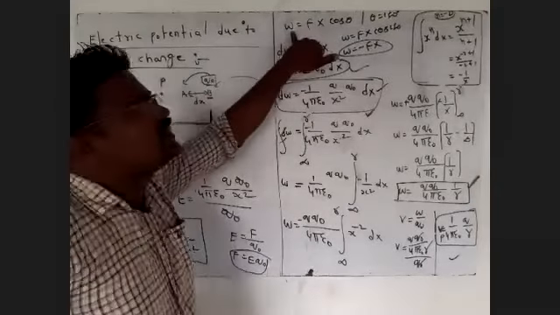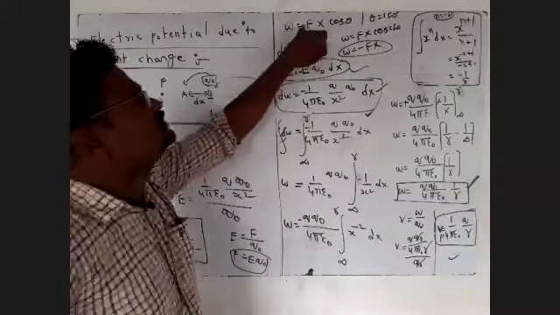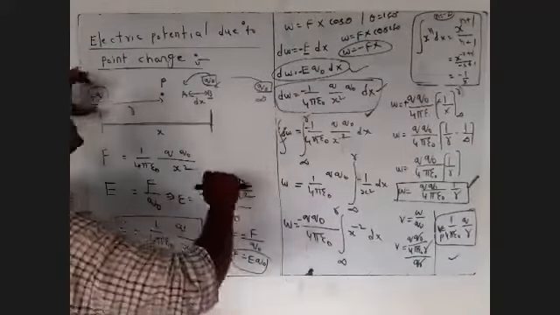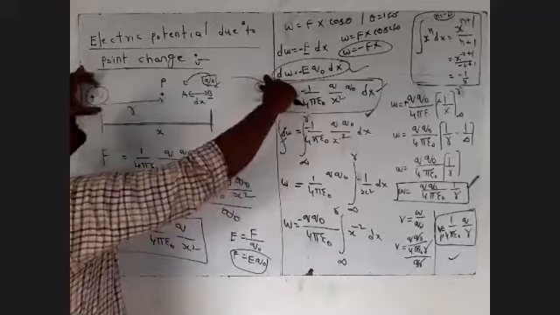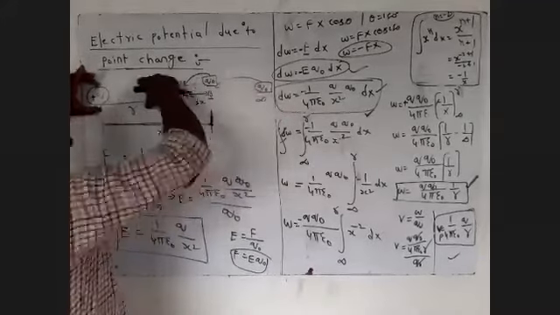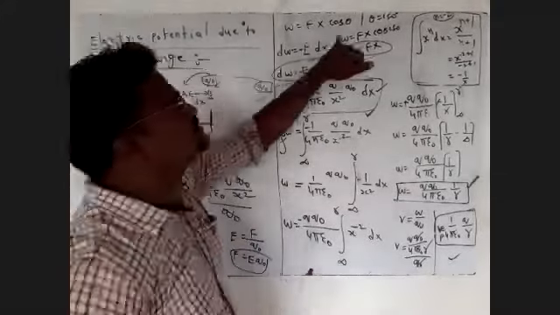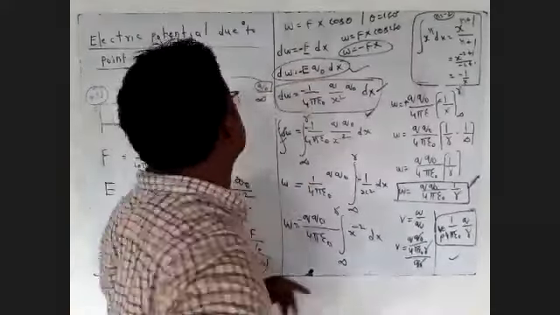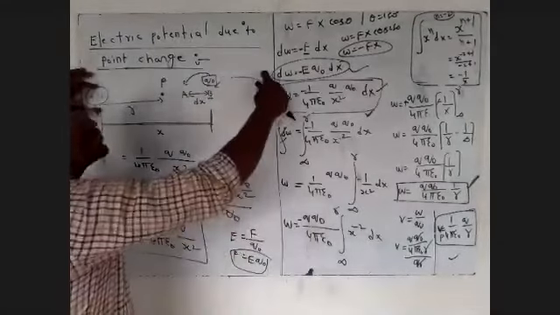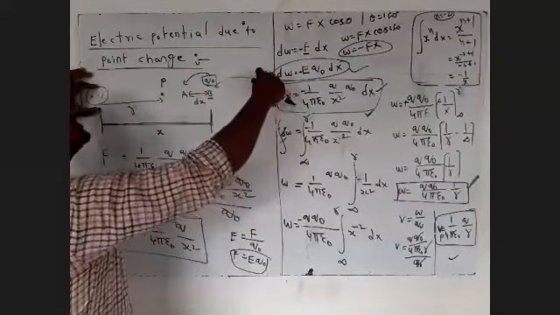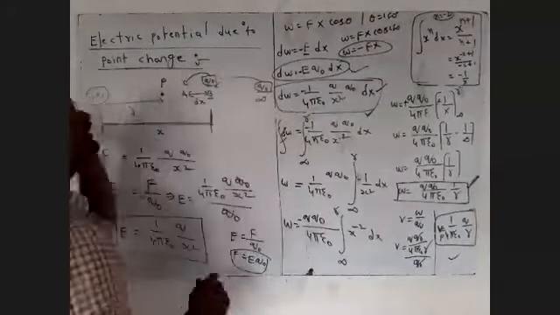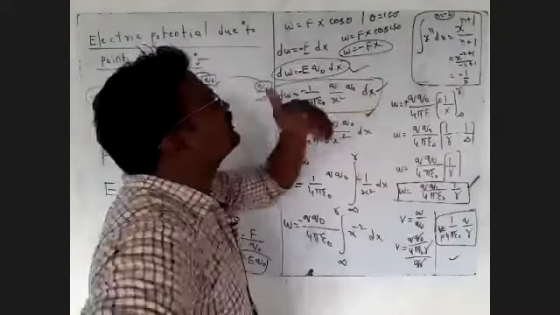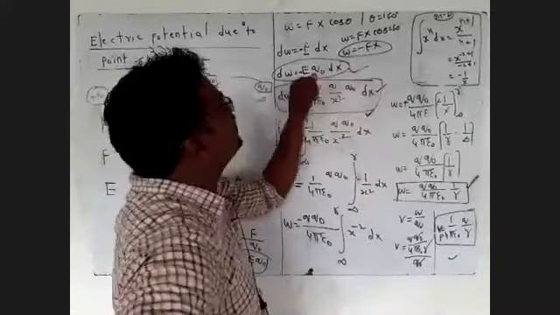So this is the total work done, W is equal to F x cos theta. The source charge is fixed, and this charge is shifting from infinity to point P. The displacement and the force are in opposite directions, so we take cos 180, that is minus x. Otherwise, both are positive charges, so the moving positive charge repels the other, which means we take the work done as negative.